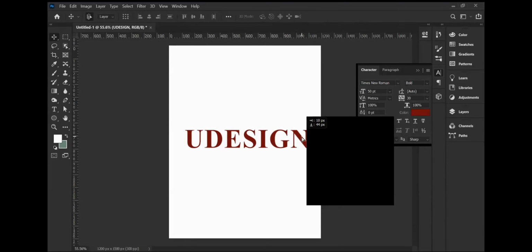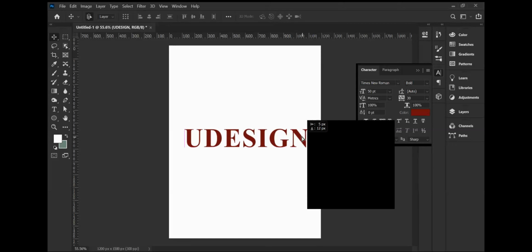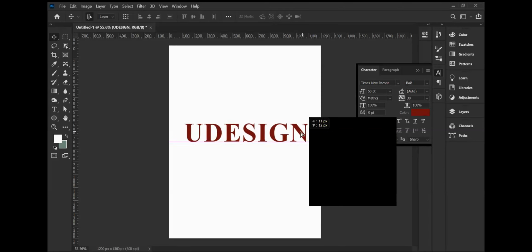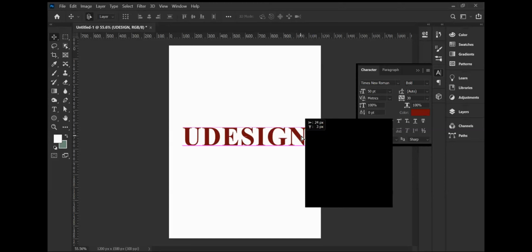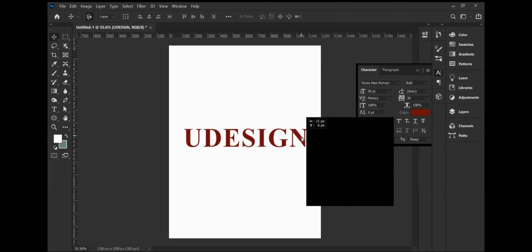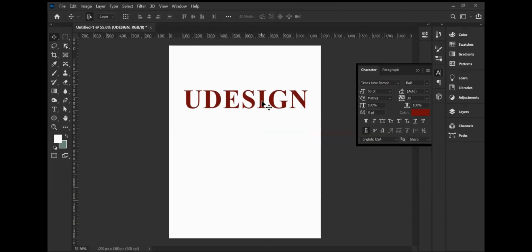So in this case we have typed U design, and when you drag on this U design, you see a purple line. What the purple line is trying to do is help you align the text proportionately to the center. If you are struggling with this, you want to align this to the center. Basically, this is not in the center. Let's say our image is like this now. We want to align it to the center, and we cannot really. You are dragging, and